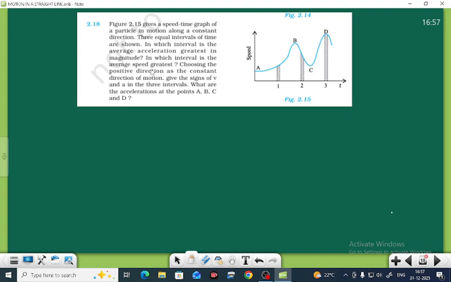In which interval is the average speed greatest? Choosing the positive direction as the constant direction of motion, give the signs of velocity and acceleration in the three intervals. What are the accelerations at points A, B, C and D? Let us find what is the solution. Here you can find that solution,